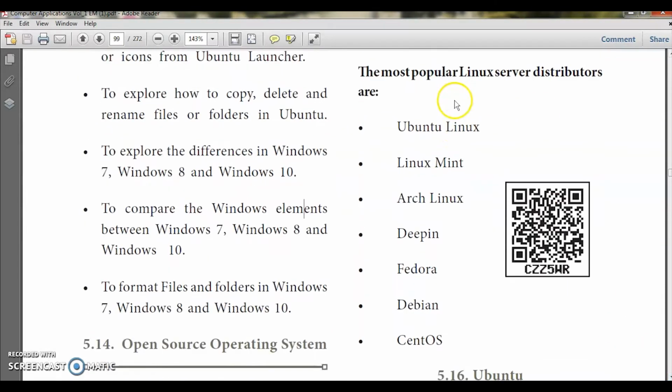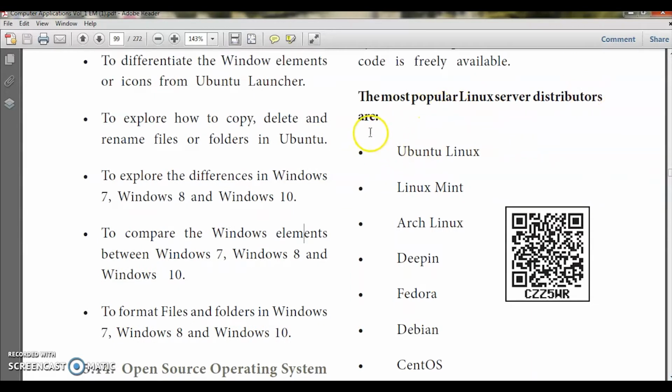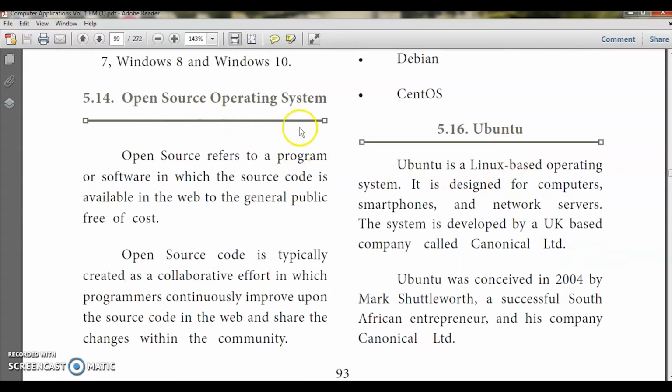Okay, these are the most popular Linux server distributors. In that, we are going to learn about Ubuntu. So in Windows we have seen many versions, but these are the most popular Linux. So here the source code is free, that is open source. Okay. So next we are going to see about Ubuntu.